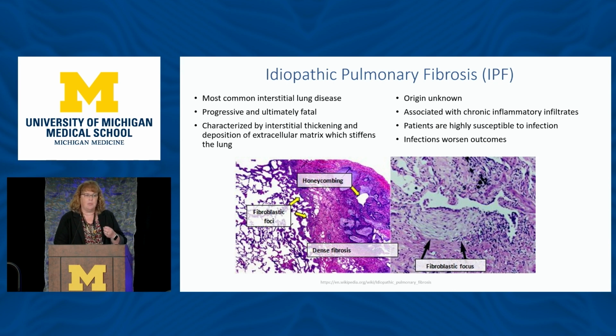And so these patients have trouble breathing in and they have trouble exhaling as well. The origin, as the name implies, is unknown. But we know that this disease is associated with chronic infiltrates, and I'll show you those can be both macrophages as well as neutrophils. We know these patients are highly susceptible to infection, and that sadly, infection really worsens the